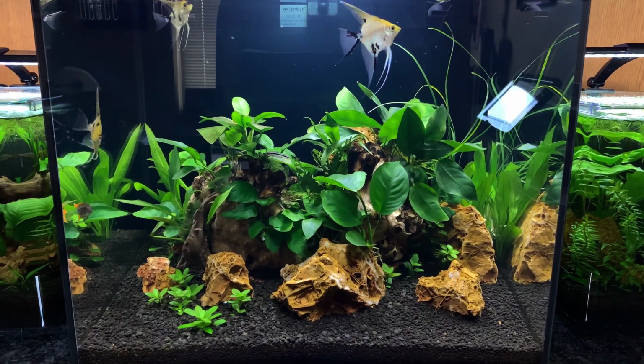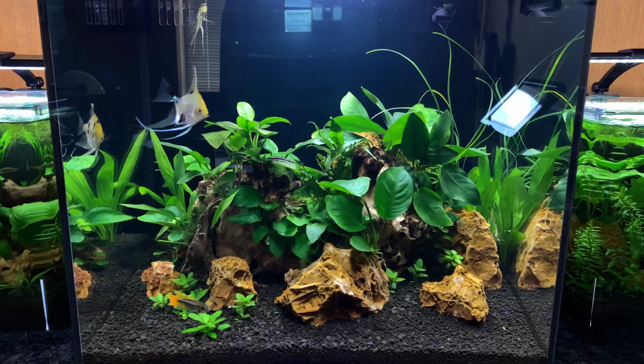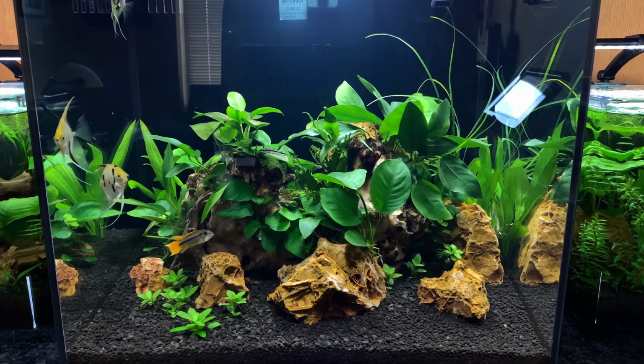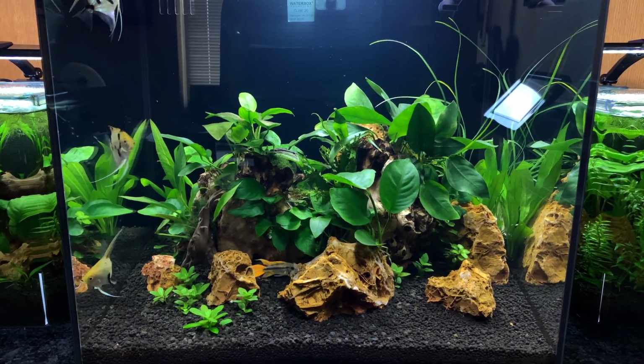This is a great little tank. It's beautiful. I did put a ton more plants in here that came in, and as you can see, it just really made this thing pop and made it beautiful. So anyway,